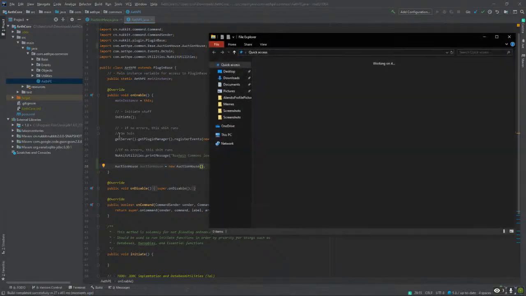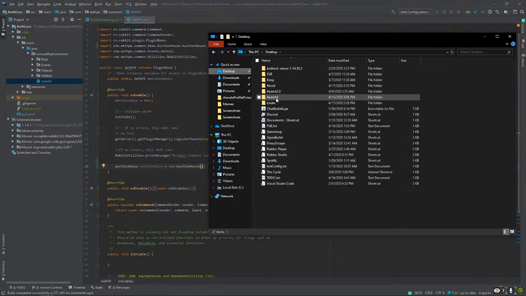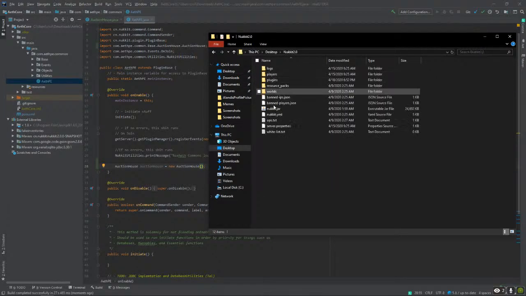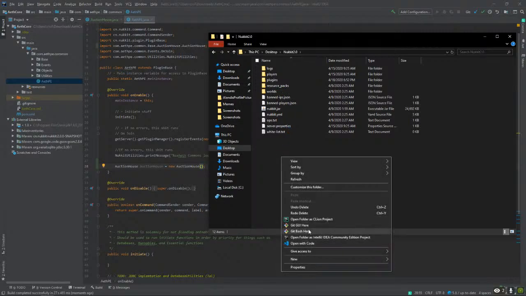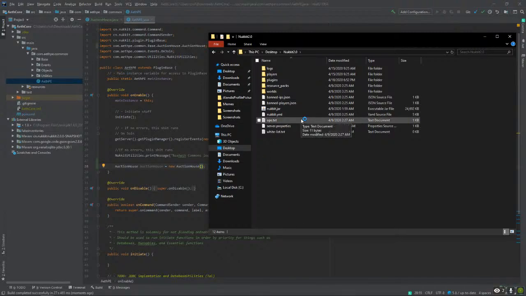So let's go to Nukkit 2.0 and open up a new Git bash window. Hopefully no errors come up when I run the jar.